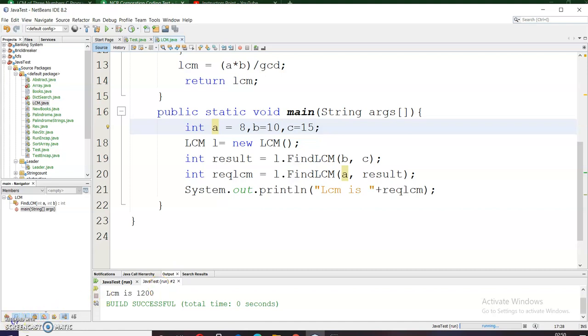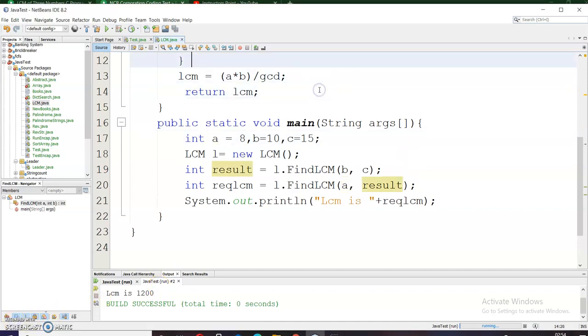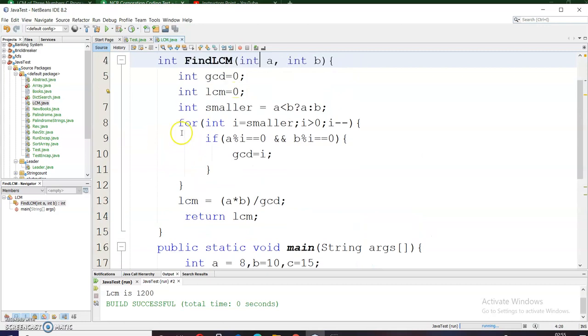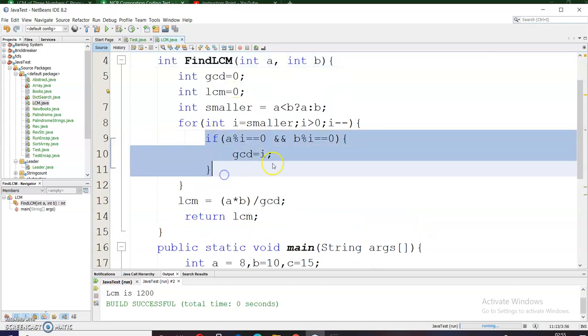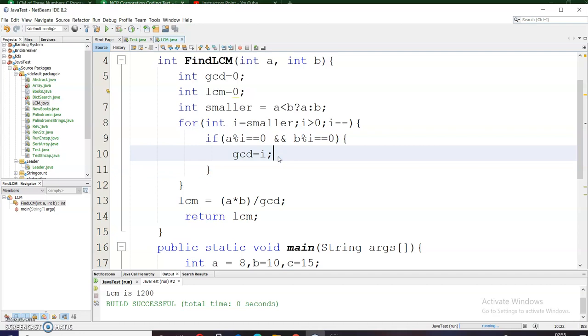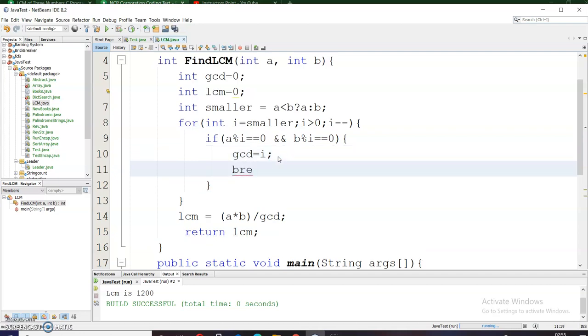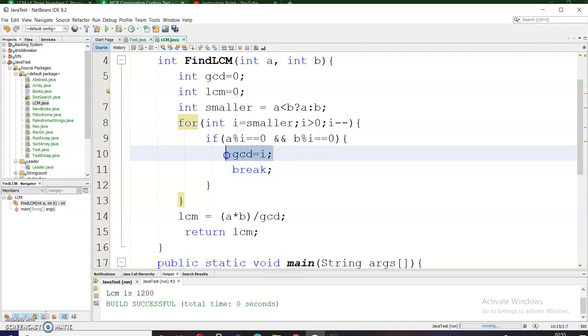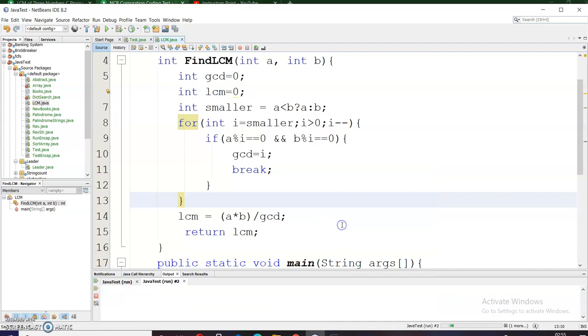I am getting this wrong result because I haven't used the break statement here. I need to break once I get the greatest common divisor. So let me run this program again. Now it is showing that LCM is 120, which is correct.